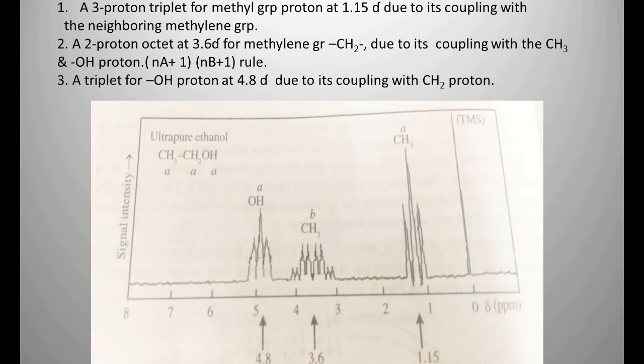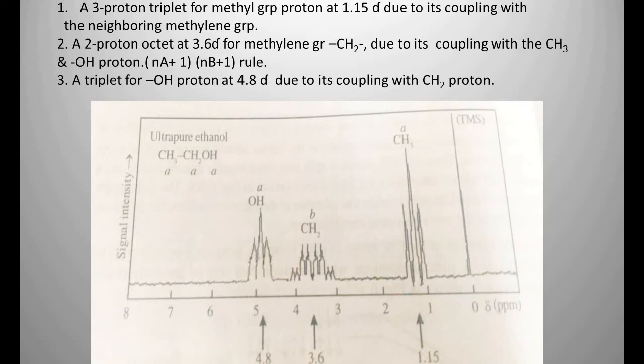Okay, that is why the TMS signal is very high. These are 0 ppm. With respect to TMS, we have to represent the protons in terms of the chemical shift. First, there is a 3 proton triplet for the methyl group at 1.15 delta due to the coupling with the neighboring methylene group. So the first is the CH3 group, which gets absorbed at 1.15 delta from TMS, and it is